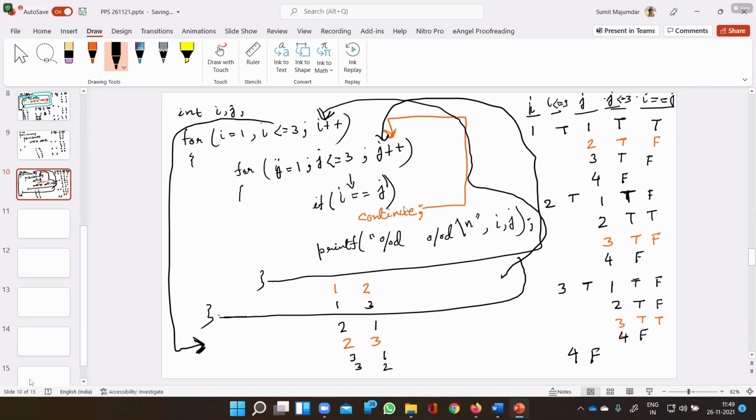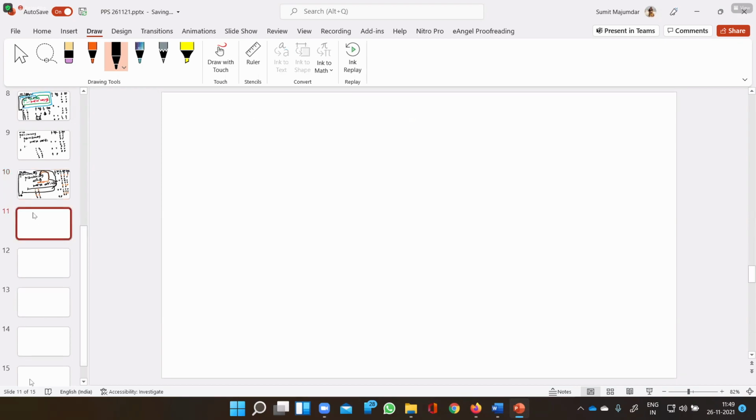Now, let me write this same thing, but here instead of continue, I am going to use the break statement. for i equals to 1, i less than equals to 3, i plus plus, for j equals to 1, j less than equals to 3, j plus plus,